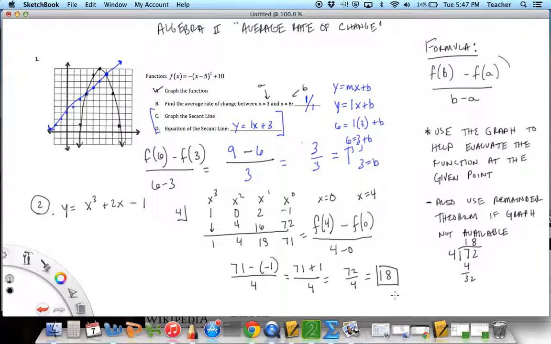I know I kind of jumped around this video, but understand that this is the key to the whole thing. This is the formula that we need to keep track of when we're finding average rate of change. And if I were to apply this to a real life situation, let's say this is me throwing a baseball up in the air, and I want to know the average speed from 1 second to 3 seconds, I would know that the average rate of change of that particular function is 1. Obviously we don't really have a context of the problem, but understand that this rate of change finds that for every second it goes up 1 mile per hour. So the average rate of change is that. So knowing the formula here,